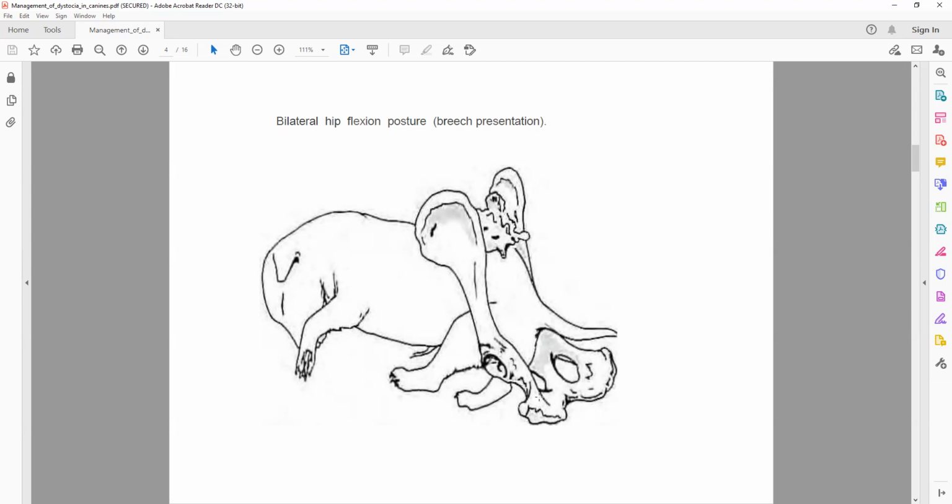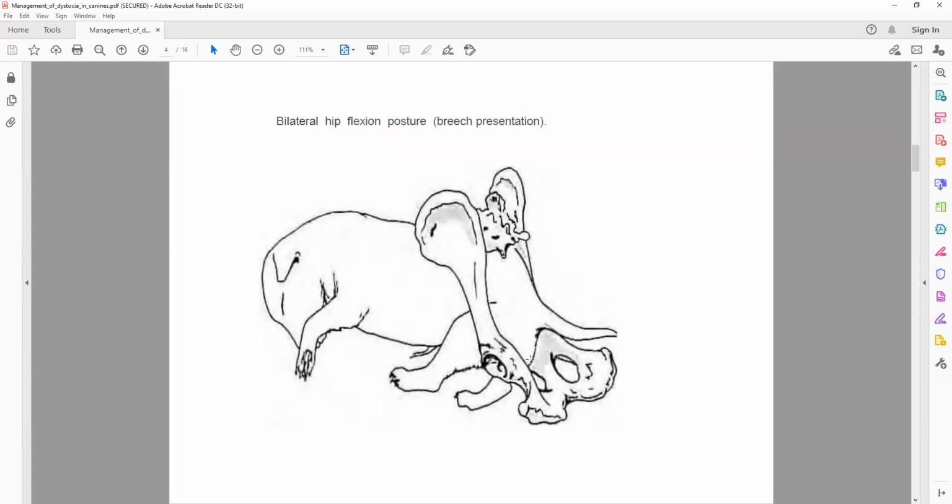Okay, extended. Because if it is extended, the diameter will be reduced, and the fetus will come out. But because it is flexed, the diameter is much more. Now the hip bone is simply attached to this pelvic brim, and it cannot come out by natural force. What we have to do in this situation is first diagnose that it is breech presentation.